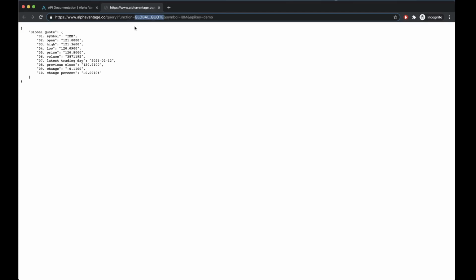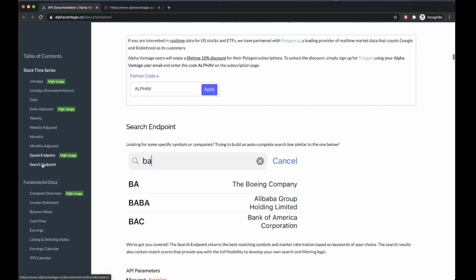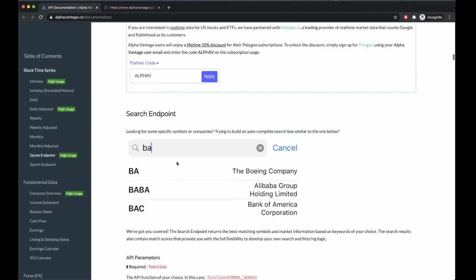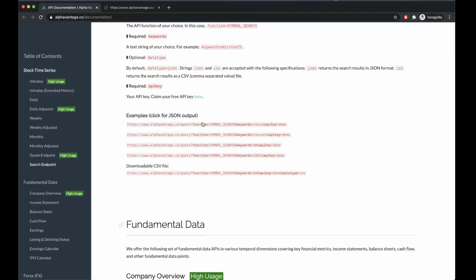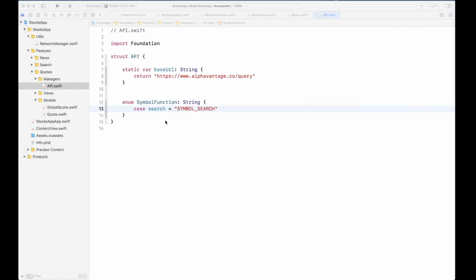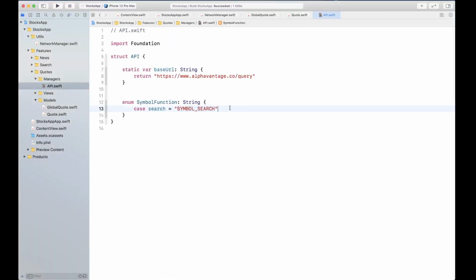And global quote is one of the functions, right? So if you look at search, function is symbol search. So you're simply gonna take that and put it in here, okay?